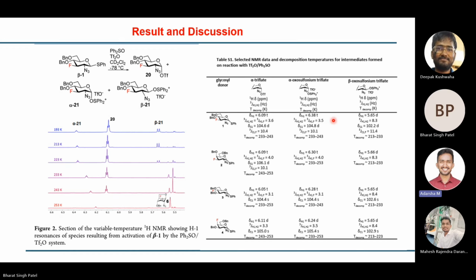If they have taken fluorine-coupled spectra here, in the normal 13C spectrum, fluorine will decouple and proton will also decouple, no? Yes. So they have taken the fluorine-coupled proton spectrum here. I don't know whether it comes in the normal spectrum or not, that fluorine will couple with the hydrogen. And they have taken the fluorine-coupled C1 spectrum also. And they have indicated the temperature of decomposition also, here, in the range of around 20 degrees they have presented. So that's the different thing I see.